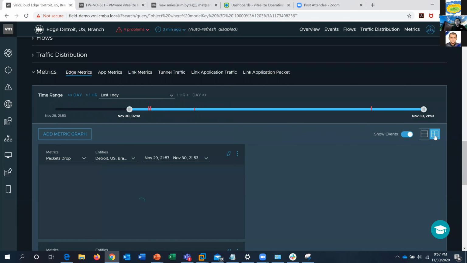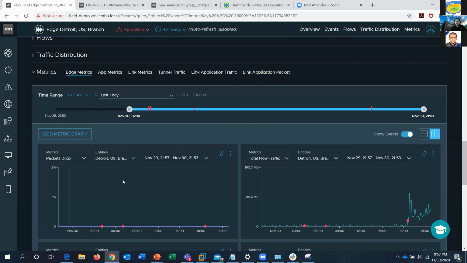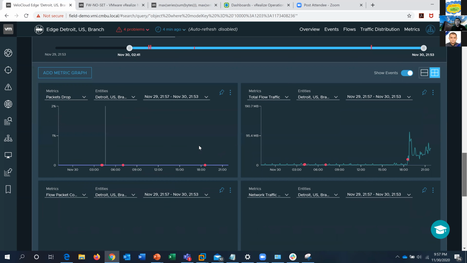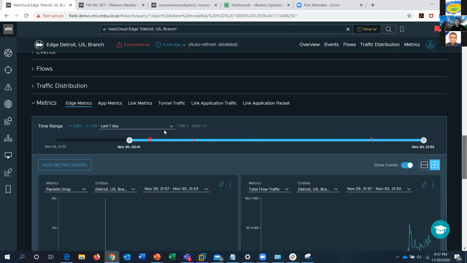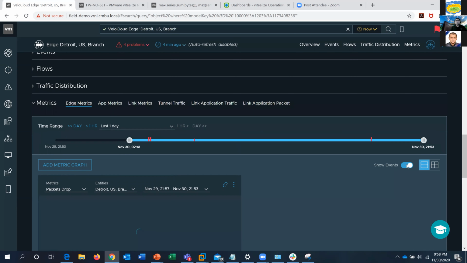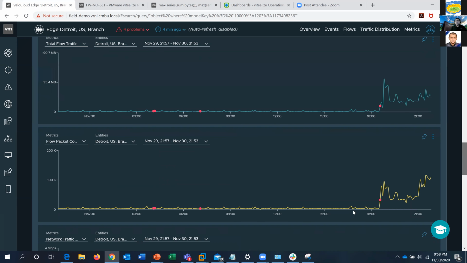Like I said, I can convert that into a grid view and then have two different metrics parallelly, which helps in better, effective troubleshooting by correlating with each other. So this is another capability. And I can actually reset it and then go back to the original view. Yeah, I go back to the original view, and what I can do is